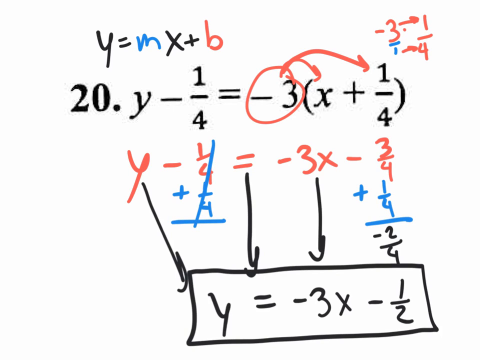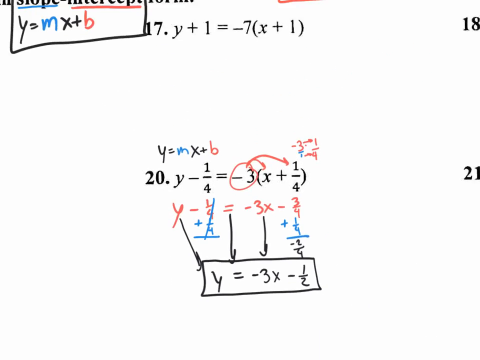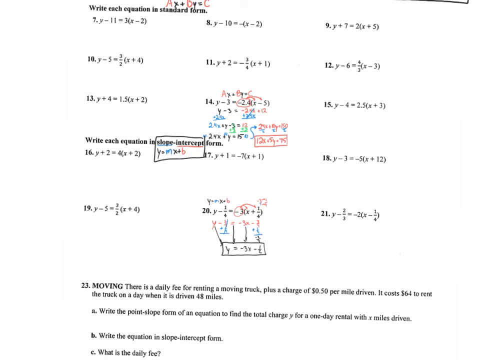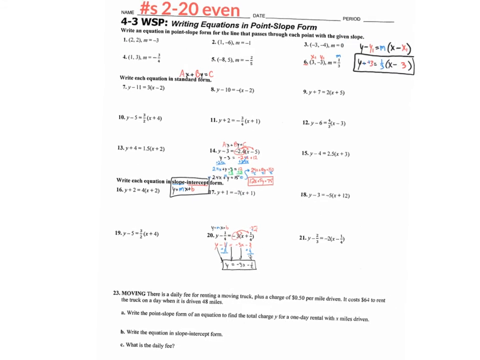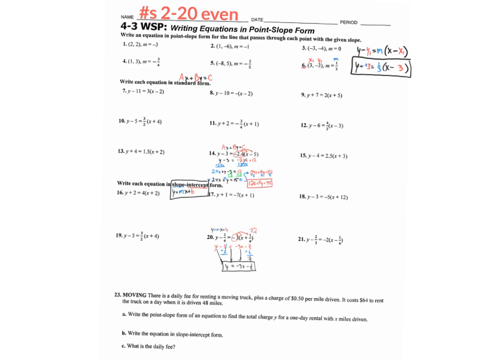Now some of us are thinking, wait a minute, we have a fraction right here. It's okay, right? Slope-intercept form, you could have a fraction in the slope, you could have a fraction in the y-intercept. It's the standard form, the ax plus by equals c, that we did in the middle of this worksheet, that's the form where you don't want decimals or fractions, okay? So you're doing 2 through 20 even. I already did 3 of the problems, no, actually 4 of the problems, which means you only have like 6 left, right? Or